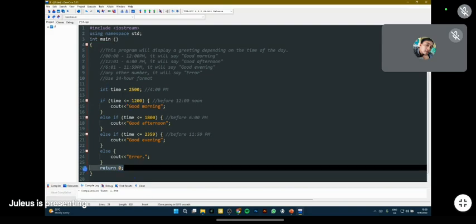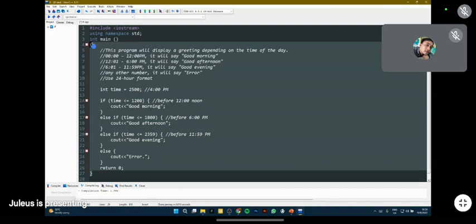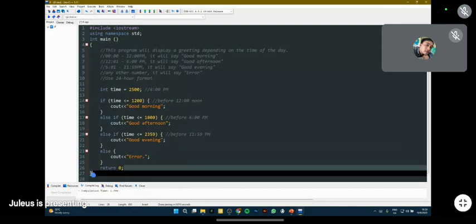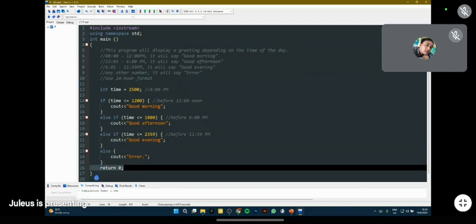Again, return 0 is a terminator for the function. Since we only have one function, which is this main function, therefore, return 0 is not necessary, but it's something that we need to practice doing. Good, because again, if we'll be doing multiple functions, we have to terminate each function first before proceeding to the next one.